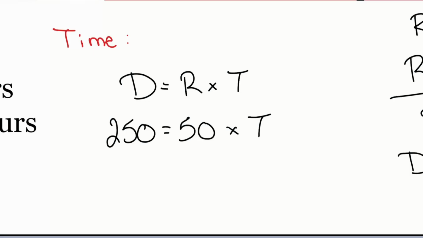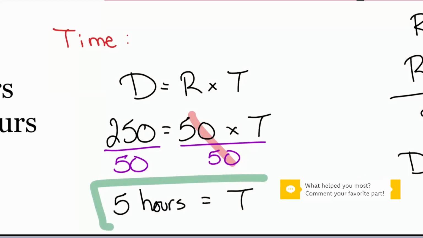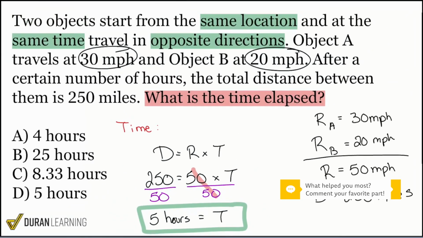Everyone, we're working backwards. We'll divide both sides by 50, and there we are. Doing that, we cancel on the right side, leaving us with 250 divided by 50, giving us 5 hours. That is our answer. And booyah, my party people. There we go. We just did, again, a brand new problem, working backwards with multiple objects. But because we were able to understand the